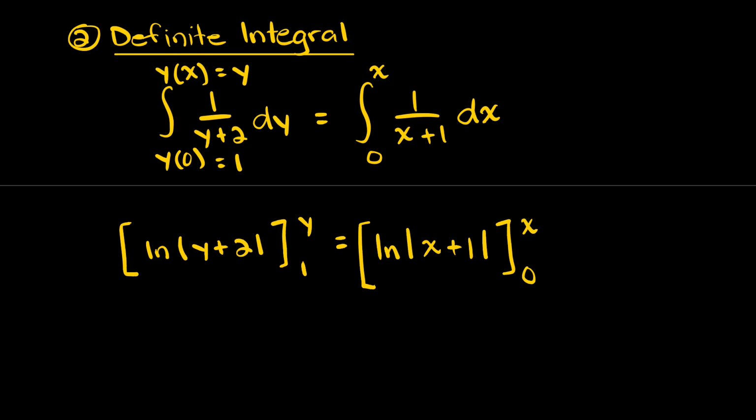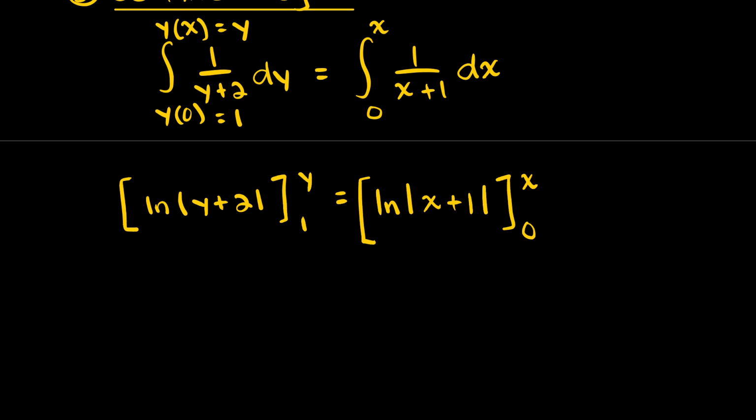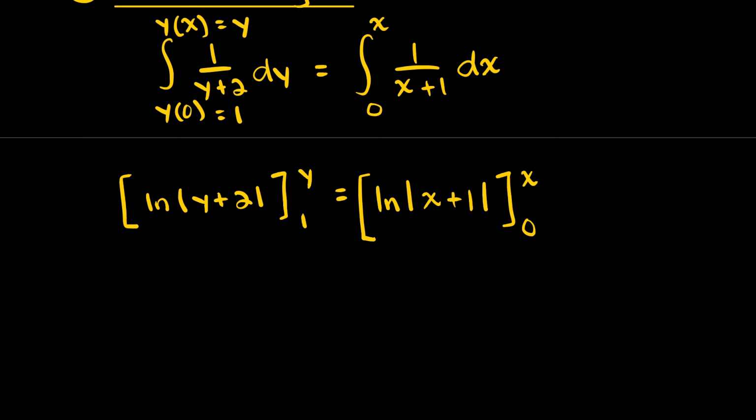Now, like before, we know that y plus 2 and x plus 1 are always going to be positive, so we can drop the absolute values, and we can evaluate the results with the integral bounds. So we'll have the natural logarithm of y plus 2, so that's at the first bound, minus the natural logarithm of, so substituting the 1 for y, so 1 plus 2. And similarly on the other side,